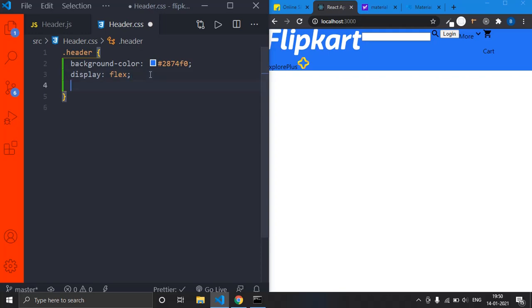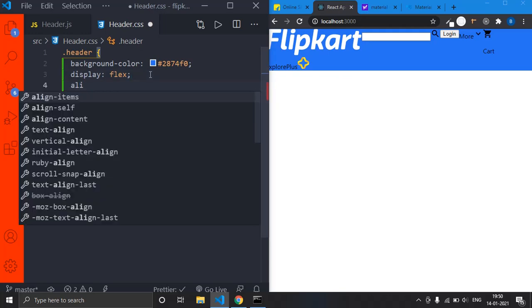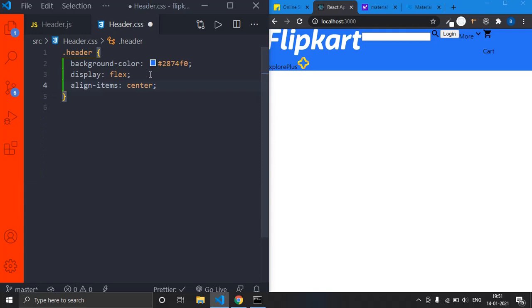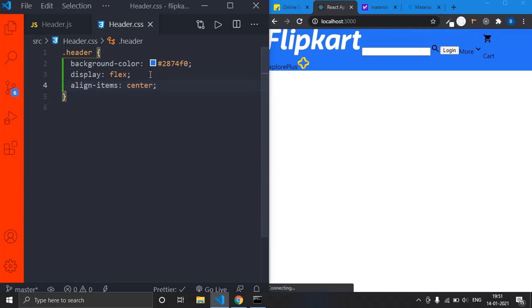Okay, the next thing I want to give is align-items center. What align-items center will do is align all the components in one row, not up and down. Some components would go up, some would go down, so it will not generate any sort of gap.